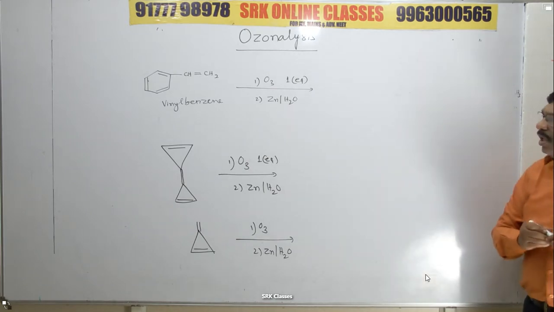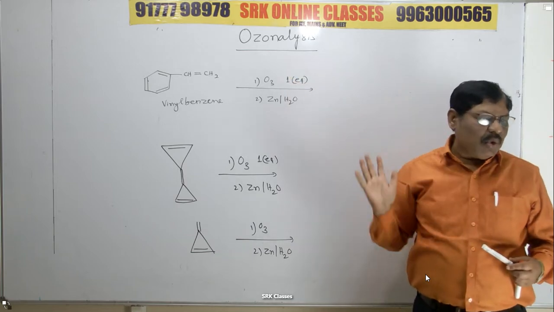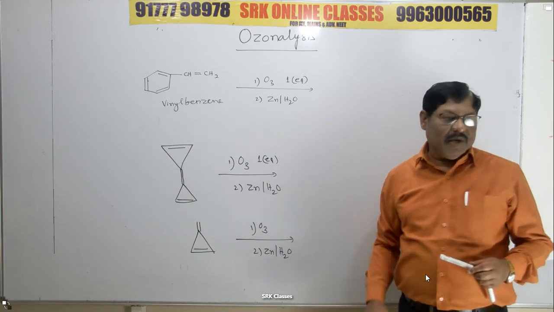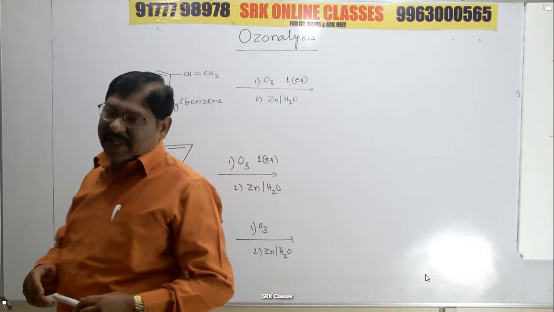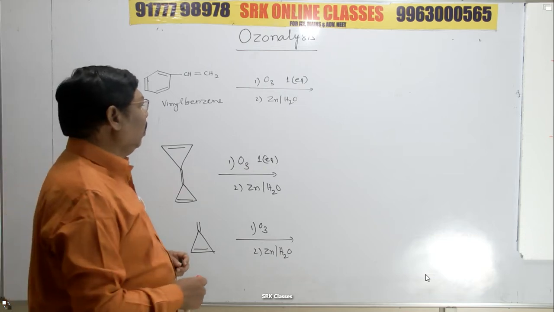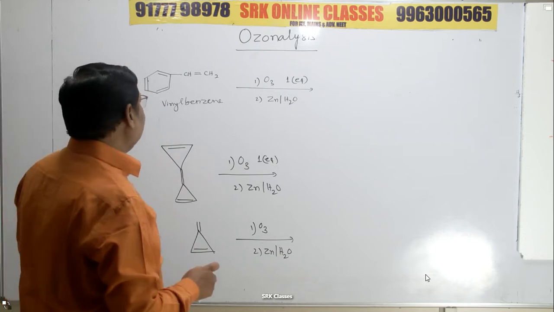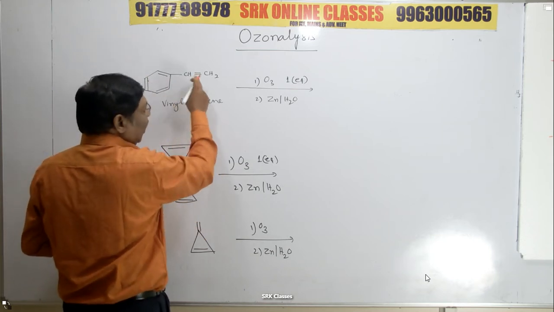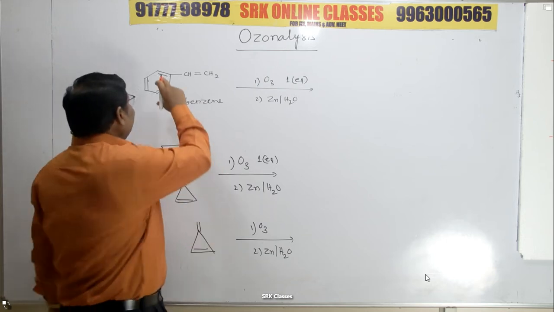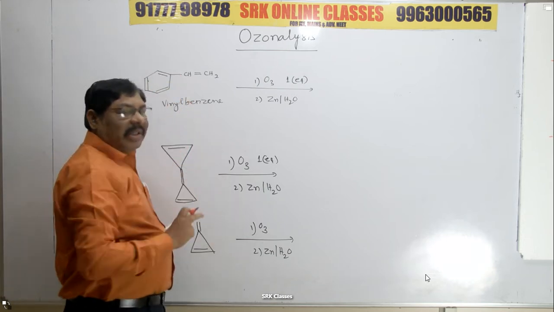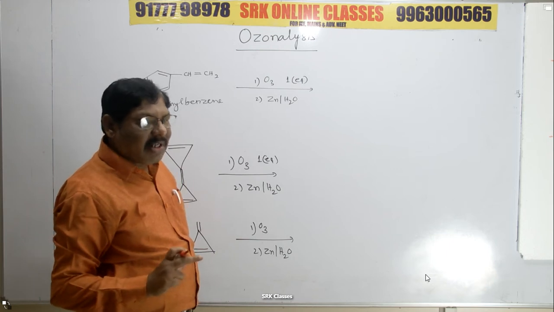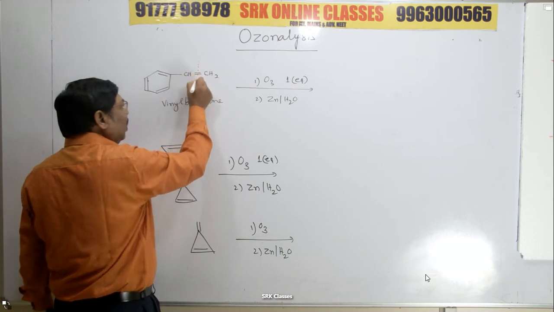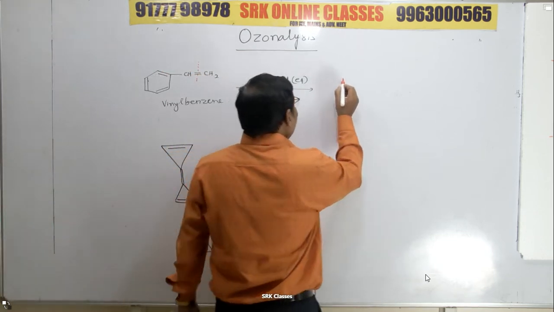An important thing is what? There only one equivalent, 1 mole of ozone, is possible. When we are using only 1 mole, it means selective reductive ozonolysis. You have to identify which double bond is cleaved. Look at the first one. Originally it requires 4 moles of ozone. 3 double bonds are inside the benzene and 1 is outside. These 3 are in aromatization, so they are inert. It is very difficult to subject the benzene ring to ozonolysis. And left out is this one. Out of these 4, the easiest one is what? The outside bond. Therefore, that produces